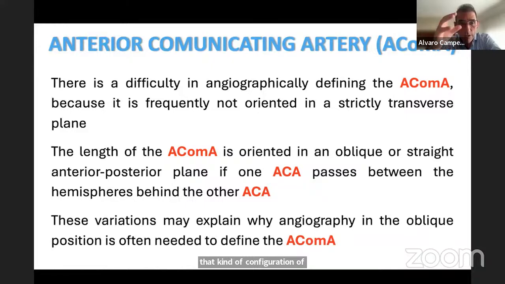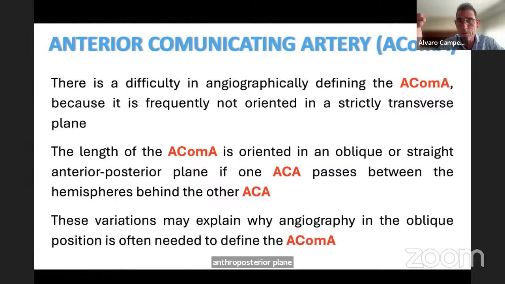Another important thing in relation with the ACom artery aneurysm is that it is difficult. We sometimes have difficulty angiographically defining the ACom artery, because, as we said before, it is frequently not oriented in a straight transverse plane. Why? Because usually the length of the ACom artery is oriented in an oblique or straight anterior-posterior plane